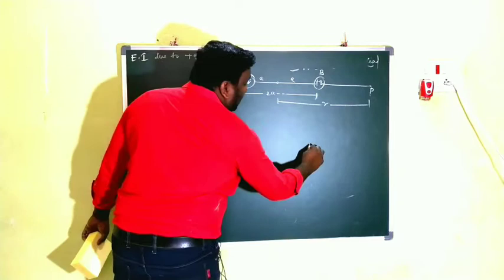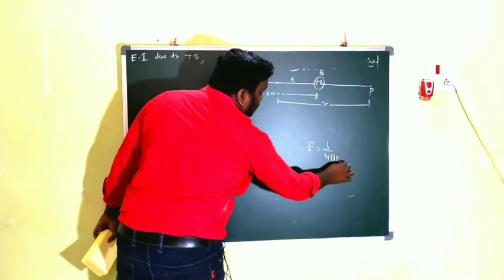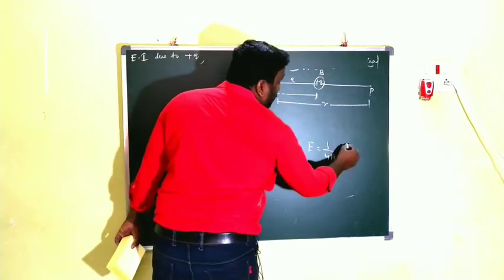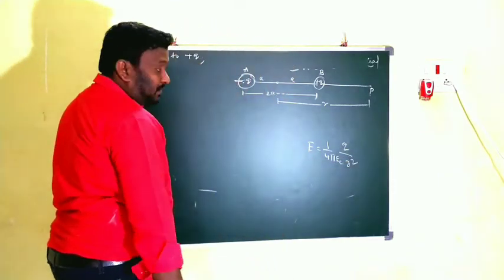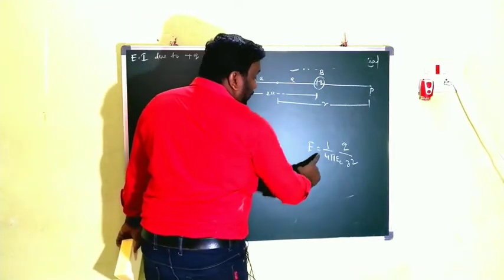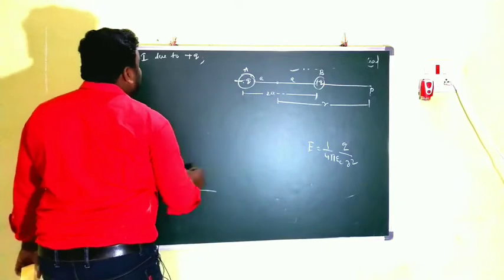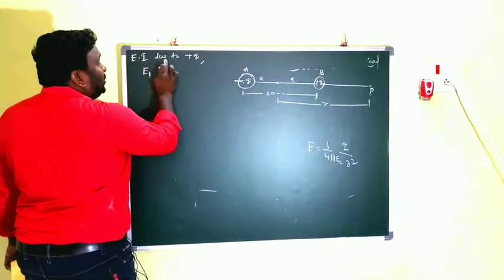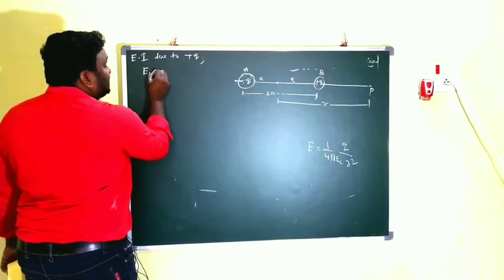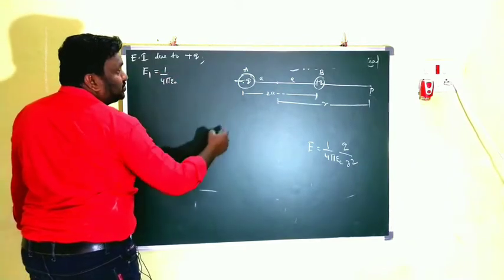Already we know that one formula is there. What is that? Electric field intensity due to a point charge. What we know? E is equal to 1 by 4 pi epsilon naught q by r square. Clear? So by using that, I am writing now the electric field intensity due to the plus q charge is given by 1 by 4 pi epsilon naught into